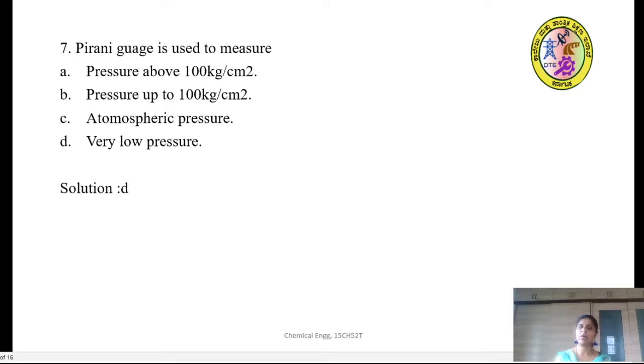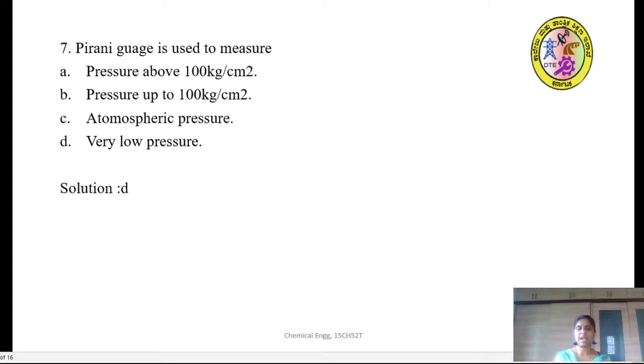Unit 1 is all about process variables and temperature measuring instruments. Till now, temperature and pressure measuring instruments. We have learnt the performance characteristics, various temperature measuring instruments and various pressure measuring instruments, their construction and principle of operation, in the sense the working part of it, and the applications, advantages and disadvantages.